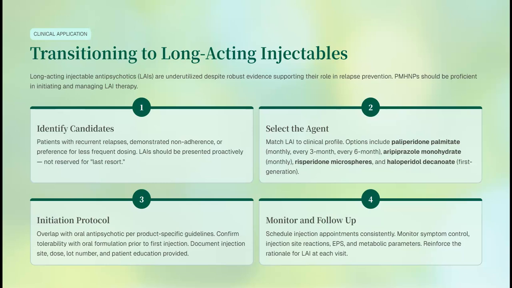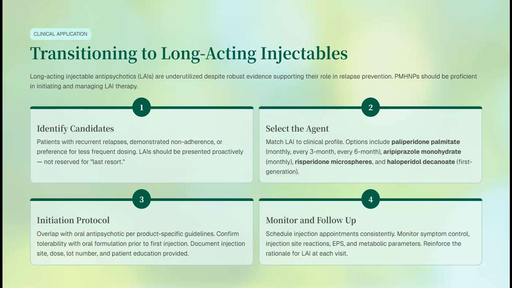Know your options and match them to the patient's needs. Paliperidone palmitate offers flexibility. It's monthly, quarterly, or every 6 months. Aripiprazole monohydrate is for monthly dosing, and then risperidone microspheres and haloperidol decanoate are alternatives. Always overlap when you're initiating with oral medication first, per the product guidelines. Make sure the patient tolerates the oral form before being injected, and document everything: site, dose, lot number, what you